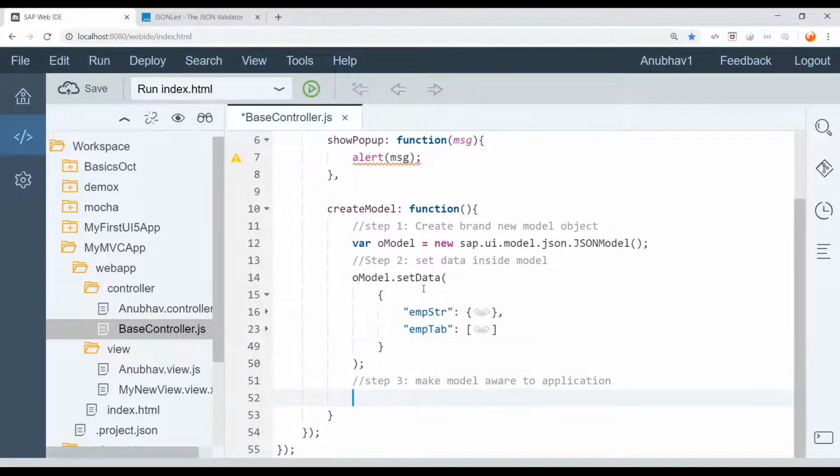Okay. Next, what is step number 3? Who will tell me the code for step number 3? What do you do to make the model aware to the application? You have to obtain the application instance. What do I write here? Anyone? What do I write to obtain the instance of application? Who will tell me? sap.ui.getCore(). Perfect answer. sap.ui.getCore() gives you the instance of the running application and setModel